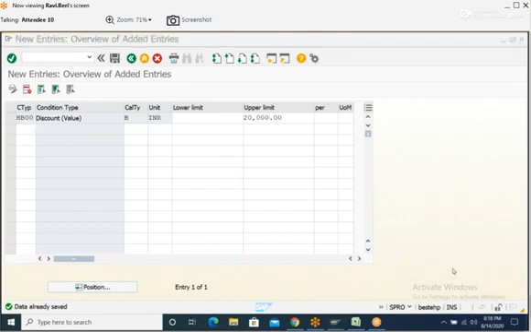We have to remove it in the condition records. If you remove it in the condition records, it will not come. If you don't want the condition supplement, don't go and remove the procedure. Go to condition records and delete that supplement. Select that and delete it. Like that we have to do. Okay, sir.